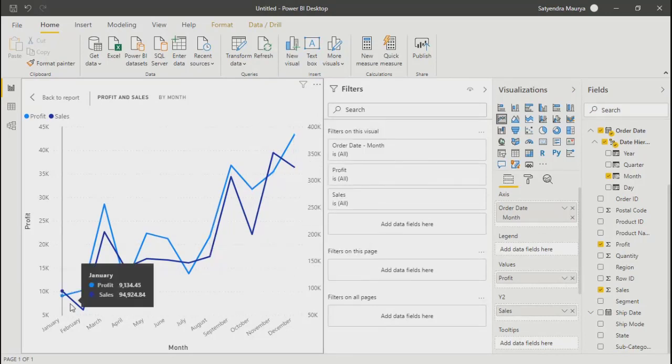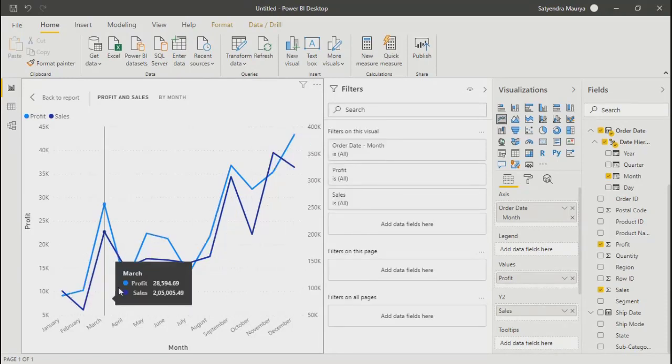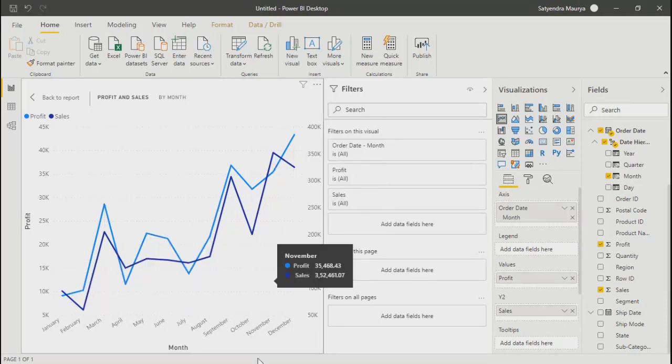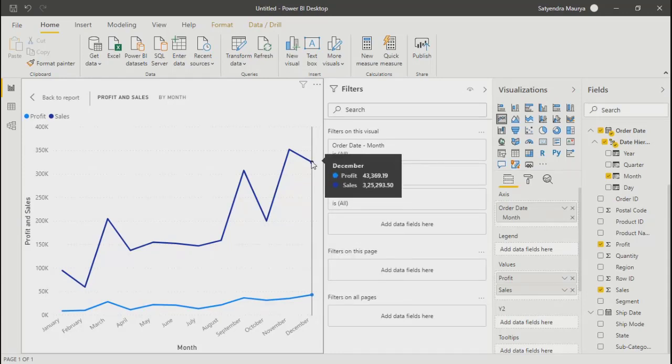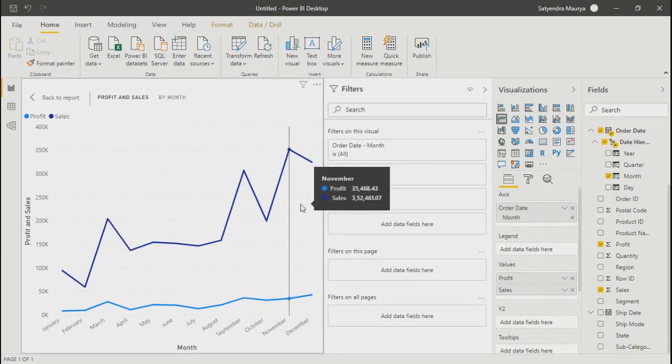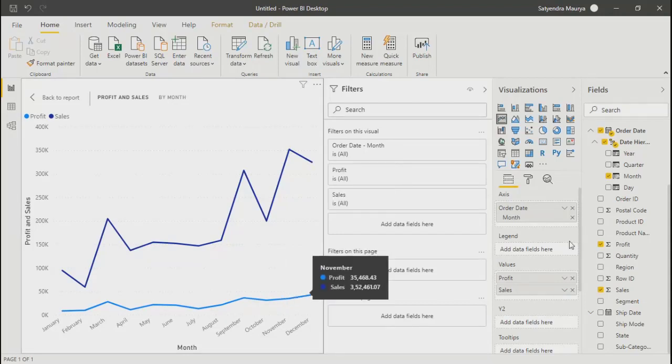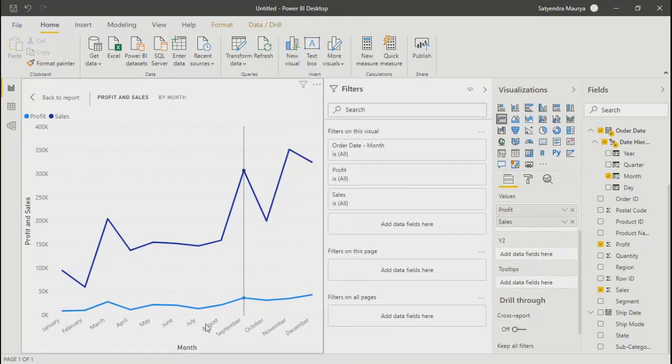Are you trying to say profit has a different scale and sales has a different scale? Yes. In that case, if you want to show them differently, this was the first view we saw, and that was the best one. Over here, this is your profit, which is 43,000, whereas your sales is at 3,25,000. As per one scale, it's the best visualization. People will not get confused. Both have different values, but still they were coming together. So this is the better one.